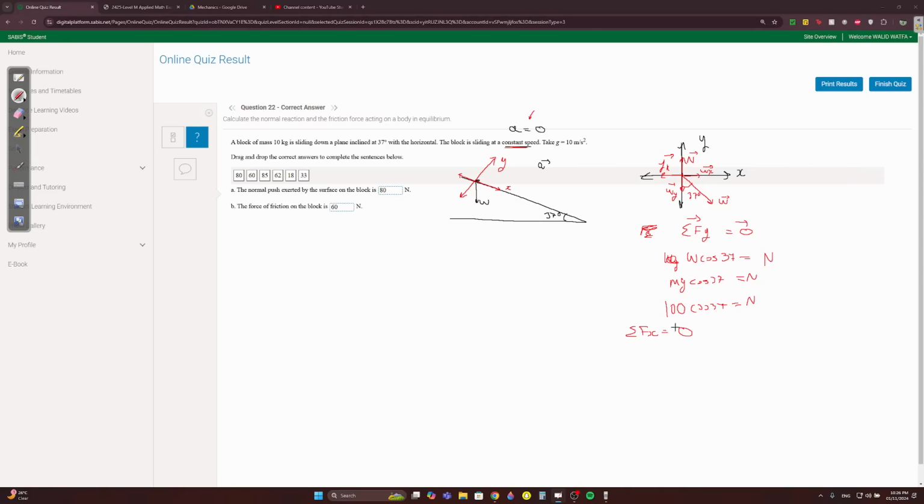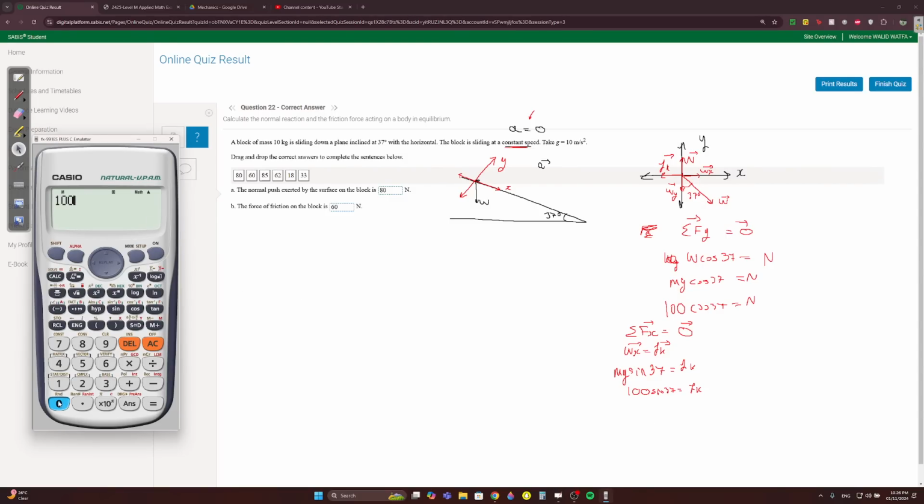Sigma Fx now. Are we accelerating? No, so it's equal to 0. Again, vector symbols. What are my horizontal forces? Wx, fk. So Wx is equal to fk. What's Wx? It's mg sine the angle, in this case 37, is equal to fk. So 100 sine 37 is equal to fk. Do it now in your calculator. 100 cosine 37 for N, 80, and then 100 sine 37,